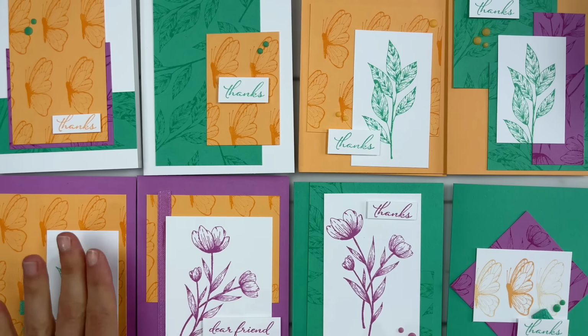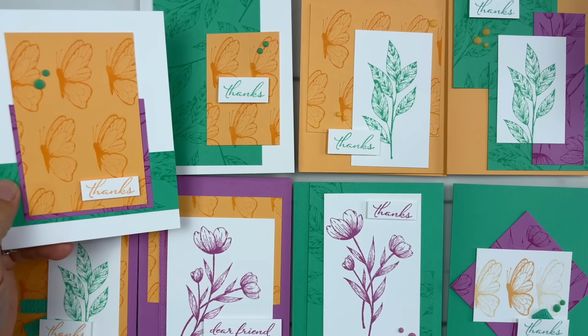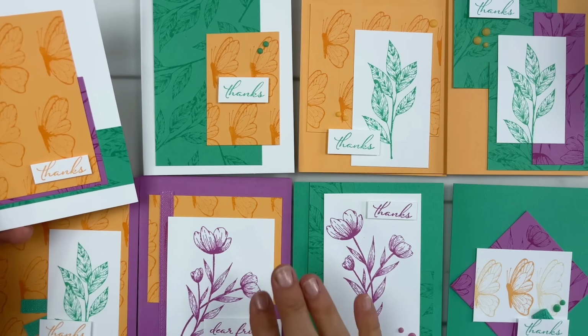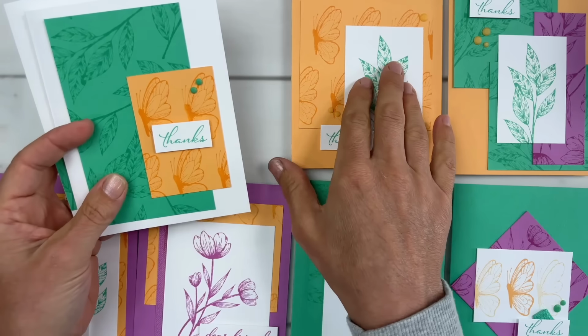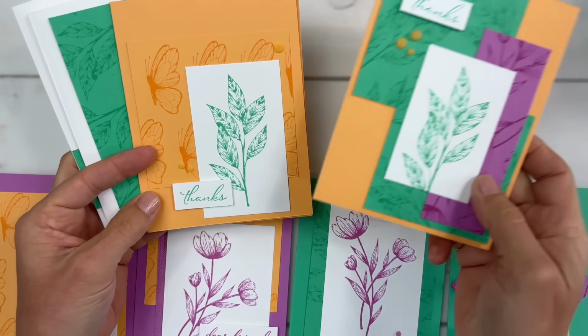I got the greetings added, a little bit of ribbon, some gems, and I wanted to show them to you. So we'll look at this half of them, and I'll show you the other half. And if you would like to see pictures of any of these still photos so that you can recreate them